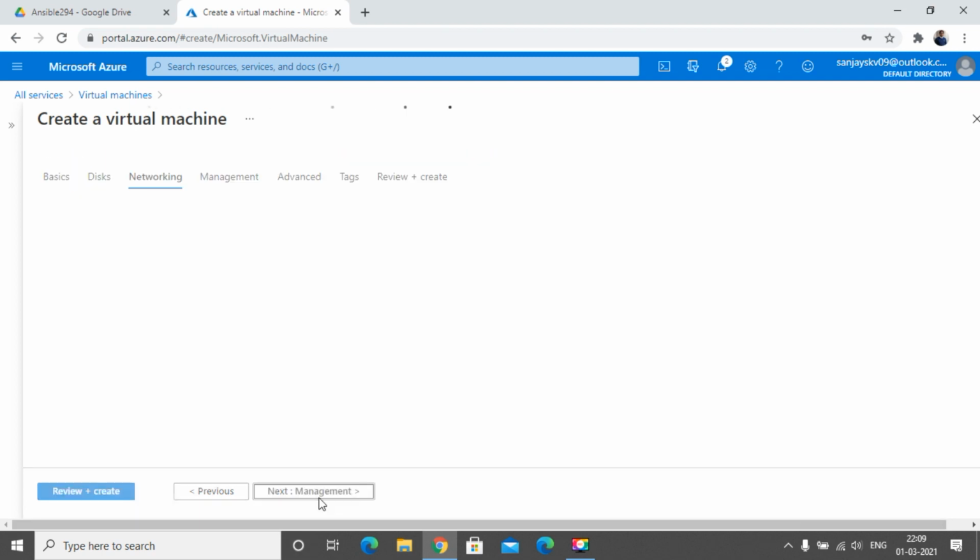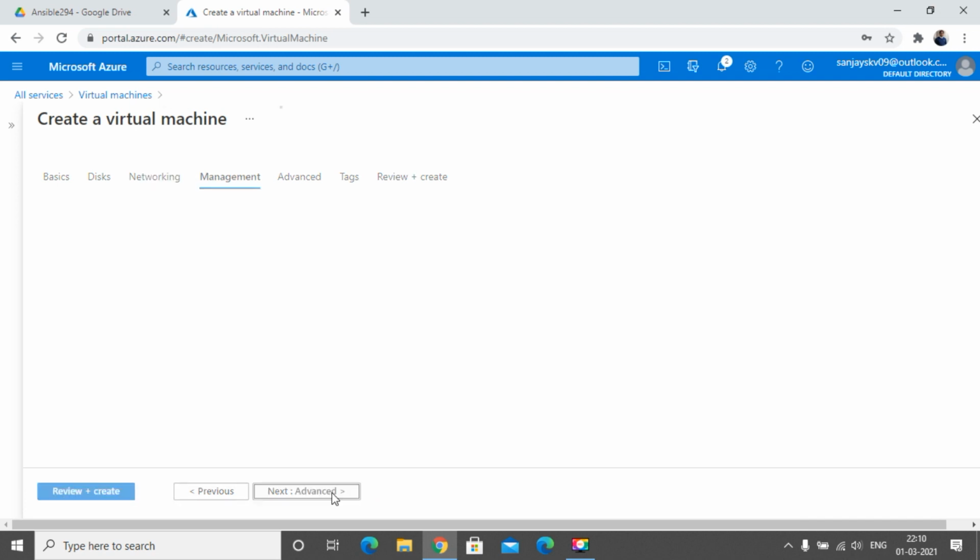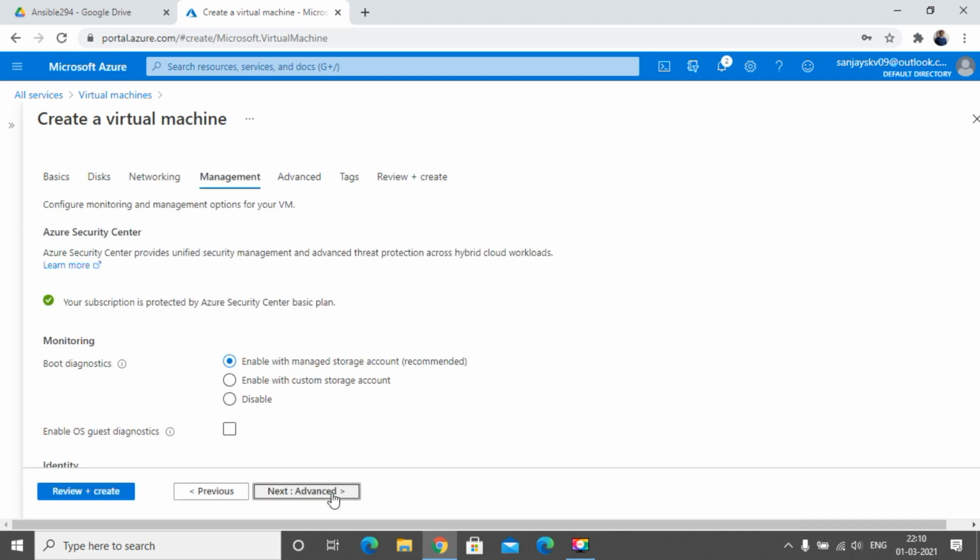Now click on networking. By default Azure will give you a default VNet, and this is the subnet range, and this is your public IP, right? And you can see your NSG will be applied on your NIC. So currently I am selecting basic. Now okay, advanced settings, take as default.